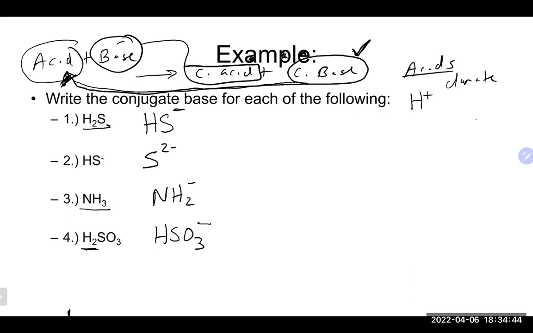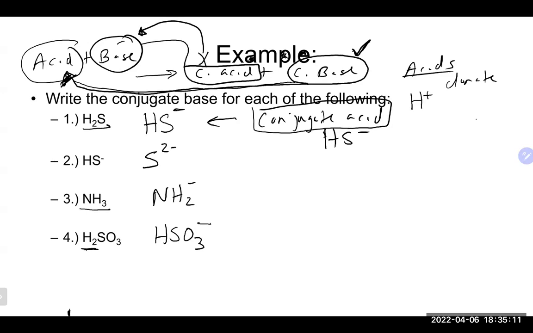It would be. So for example, let's just say we were going to do the conjugate acid for our first guy. We'll do this one here. So in this particular case, if the question was, what is the conjugate acid for this guy here, that HS minus? Again, if you weren't sure what you're dealing with, you could think about it backwards. I want to write the conjugate acid, which means what I am looking at is a base. And the definition of a base is it should accept an H plus, which means in this case, we would put the H plus on. And that means we would add 1 H,